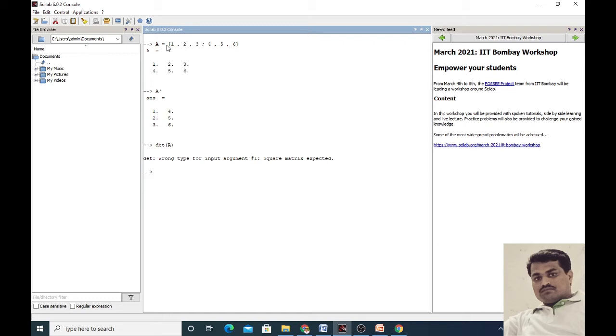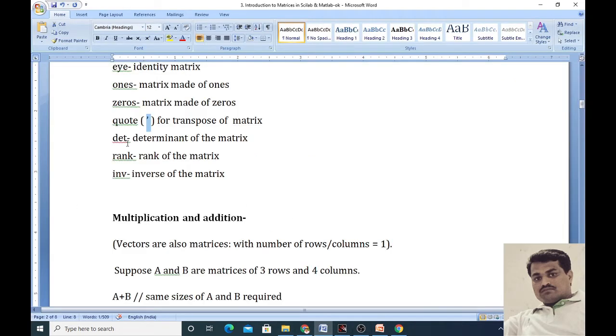Hence here we cannot find the determinant of the matrix. Suppose matrix A is a 3 by 3 matrix, then we can find the determinant of A. And you know the definition of the determinant and the process for finding the determinant of the given matrices.